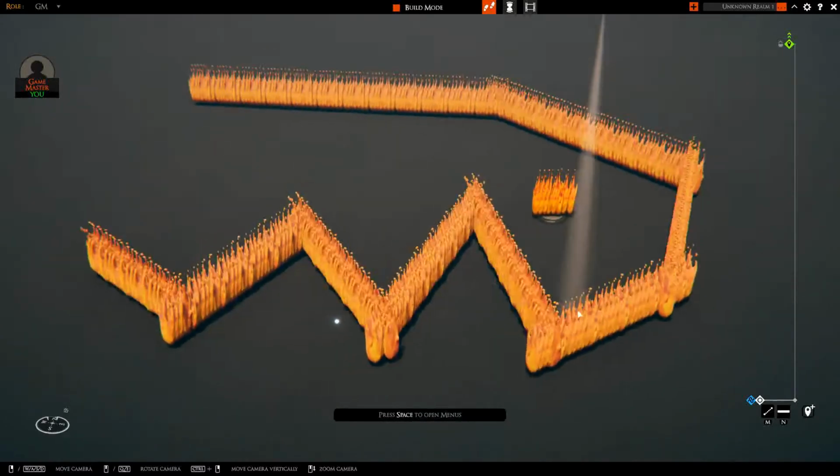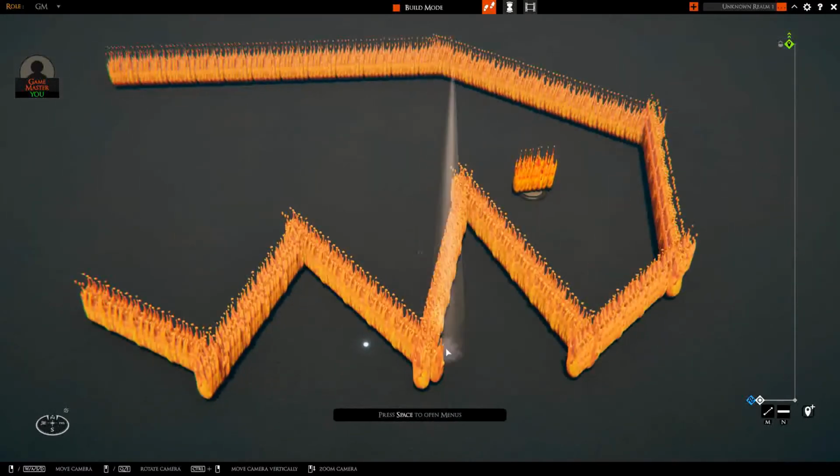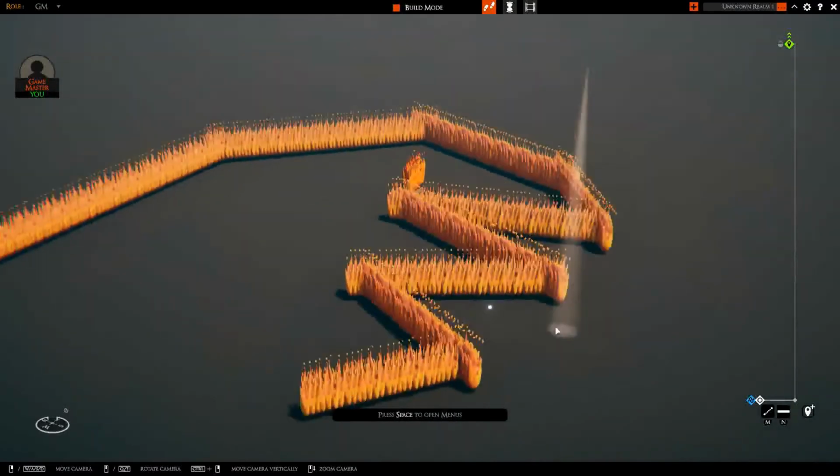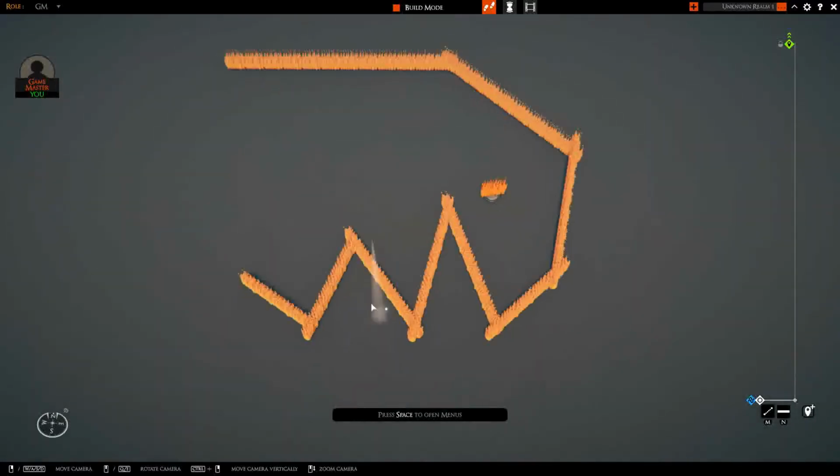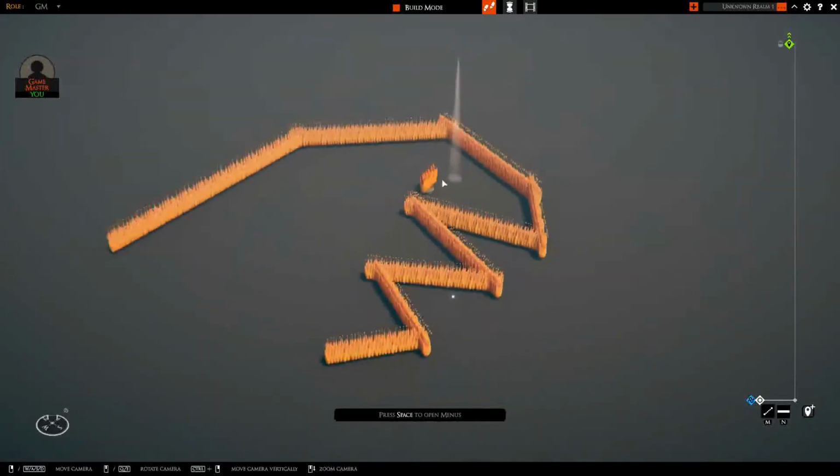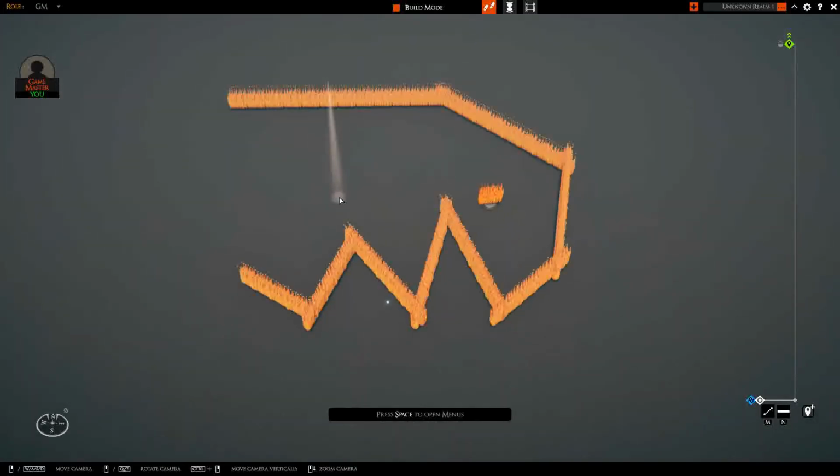Yes, the edges aren't quite clean, but otherwise, whatever line I created here does seem to get filled in with the wall of flame or whatever content you